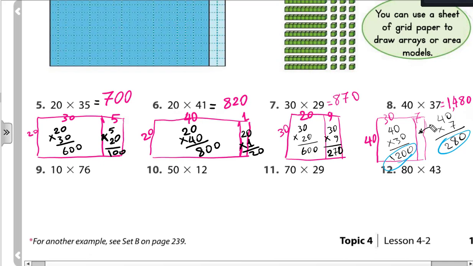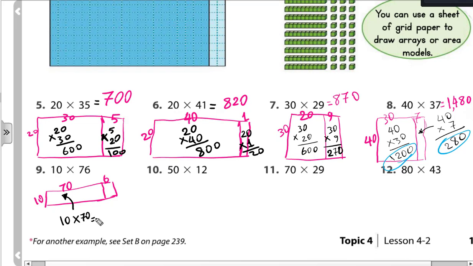Question number 9. This time, I think we should draw one very, very large relative to the other, because this is 10 and this is 76, a very large number. So the 10 will be very small relative to 76. So it will be long like this. Now this is 10, and we will break the 76 into 70 and 6. 6 is also very small relative to the 70. Try to be fair to make it small, and 70 is larger. This part I cannot write inside, so I will draw an arrow and write outside it. 10 multiplied by